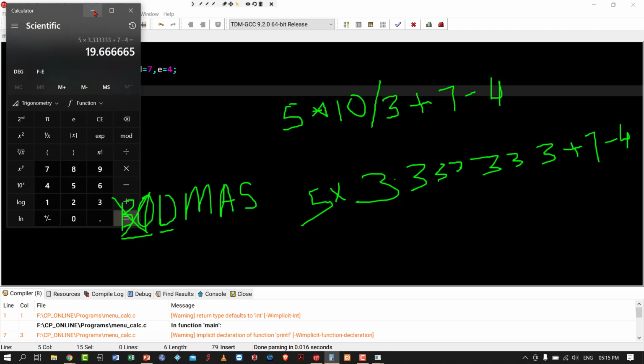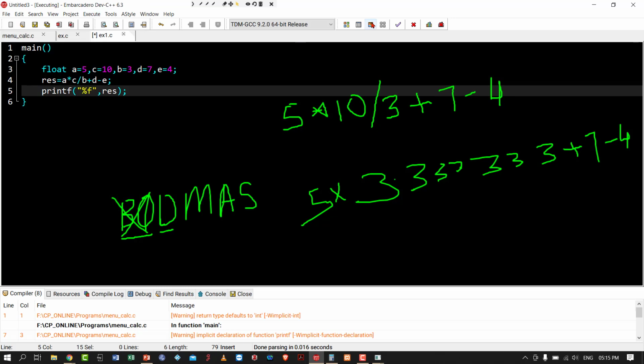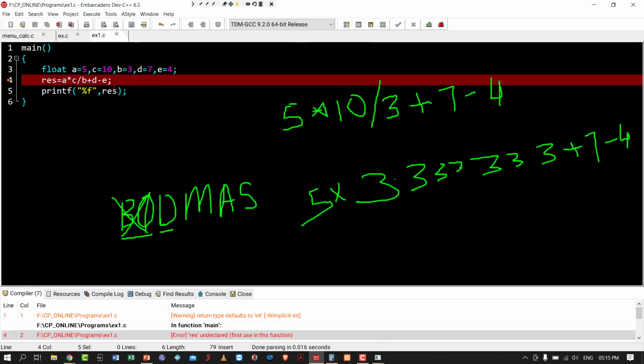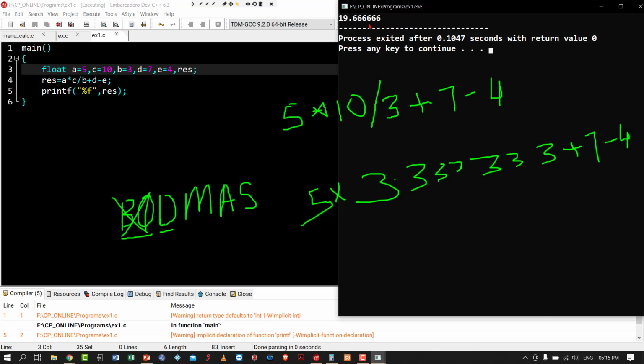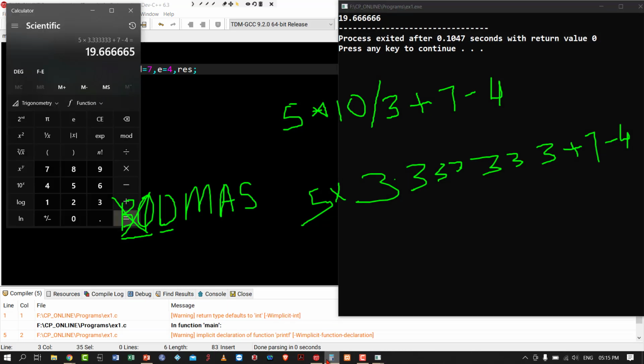So the expected output is 19.666. I didn't declare res, comma res. So I got the correct output now.